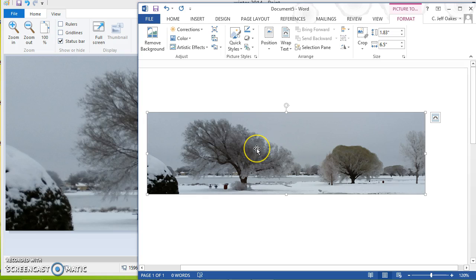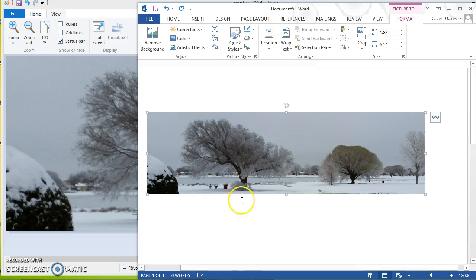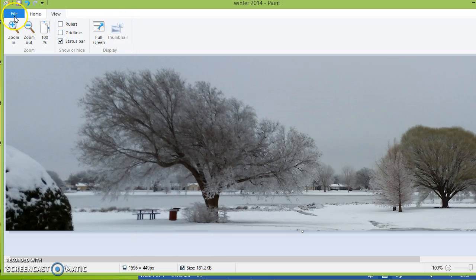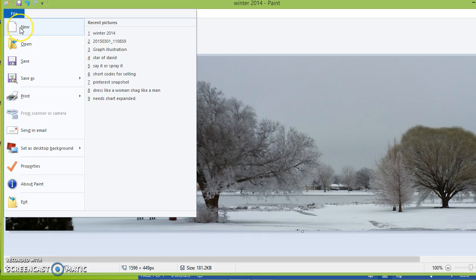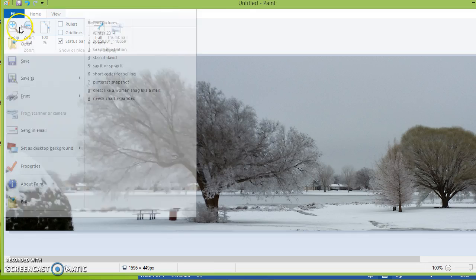So I want to save this. I like this. I'm going to go with this. So now what I'm going to do, right click, I'm going to copy it. I'm going to go back to my Paint program. Now this time I'm going to open a new one. I'm going to go ahead and save this Winter 2014 where it is. I like the sizing of it, but I'm going to open a new one,